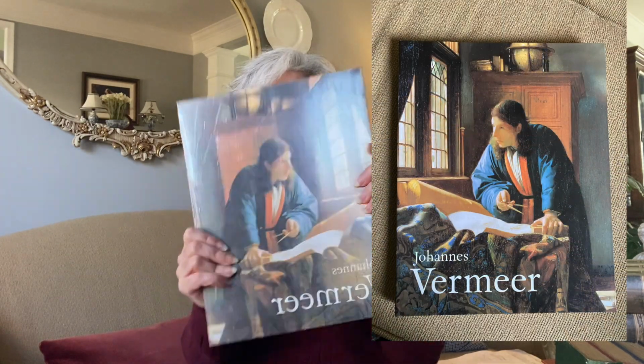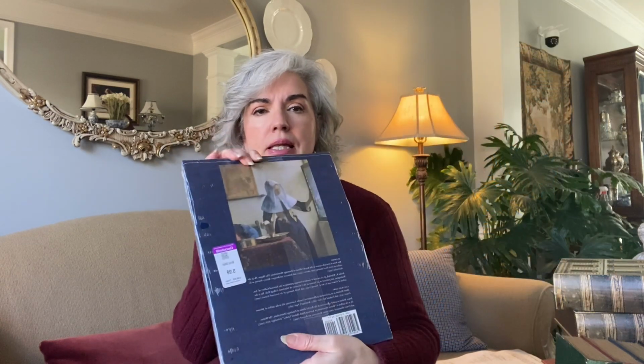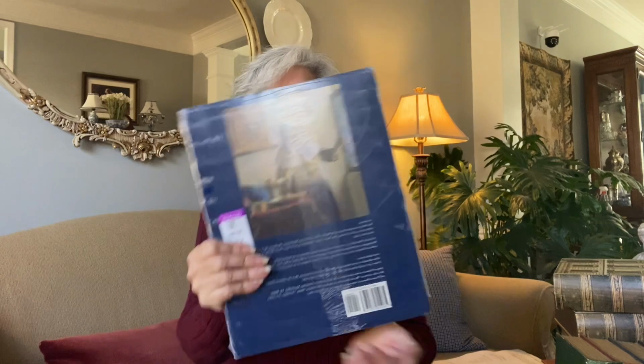I also found this coffee table book. This is Johannes Vermeer, and it's brand new. It's still in the plastic wrap, and this was $5.99. The day that I went, they had several of these. They had several painters, but this is the one that really caught my eye. And someone must have just got rid of all of their, or many of their, coffee table books. And I think books about art